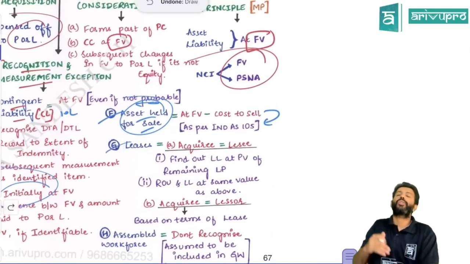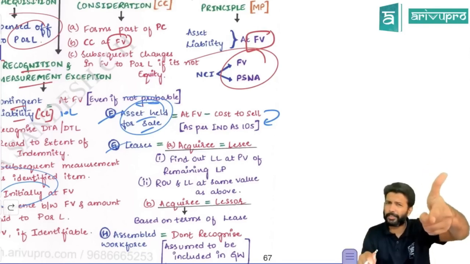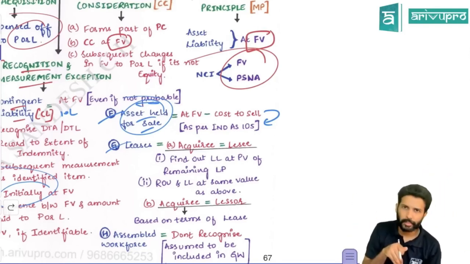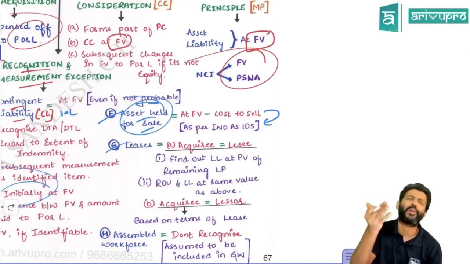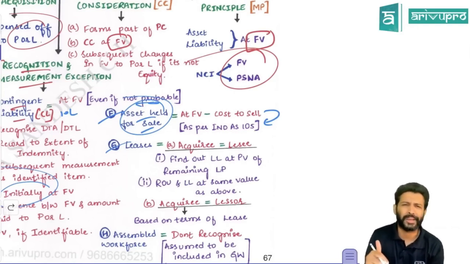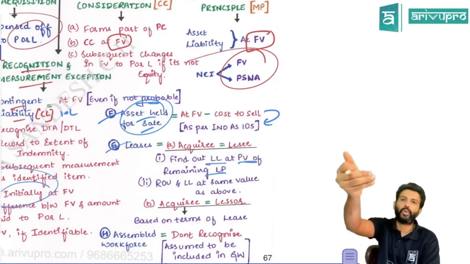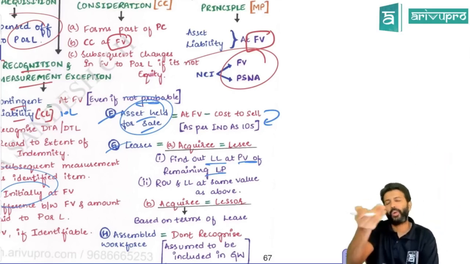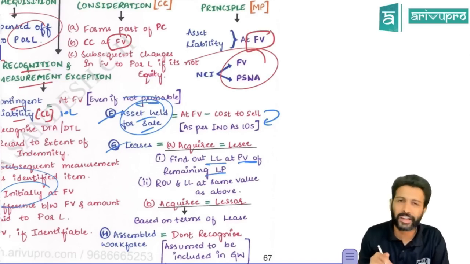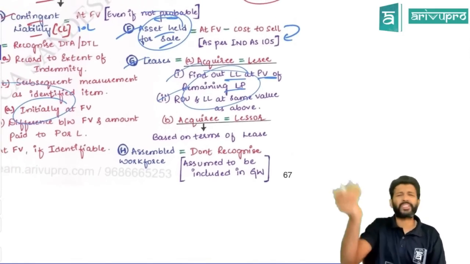And in case of leases, if the subsidiary company has taken any lease, the subsidiary company would have shown ROU and lease liability, right? So this lease liability now has to be recorded by the parent. The parent will record it at what value? Fair value. And how do you find out fair value of lease liability? We already know this. Present value of future lease rentals remaining. So the parent will henceforth record lease liability at present value of the remaining lease payments. Suppose another 2 years of lease is pending. That means 2 years of future cash flows is still pending. Find out the present value of future cash flows. That is the lease rental. Whatever that value is, the parent will record this lease liability at. And ROU and lease liability will be recorded at the same value. If it is a lessor arrangement, you do the accounting as per the agreement.